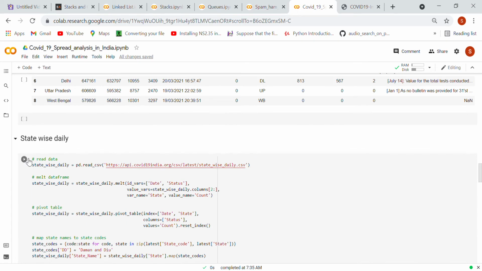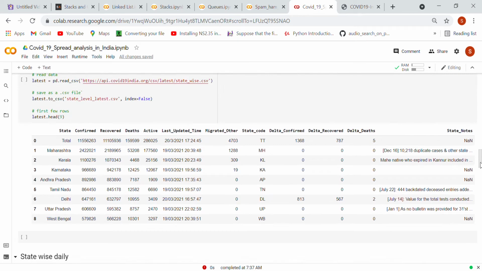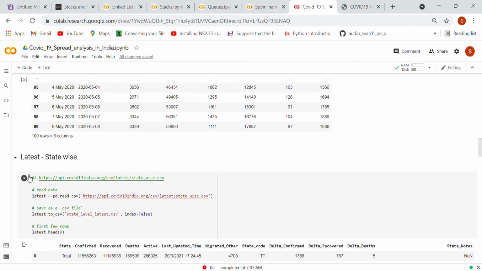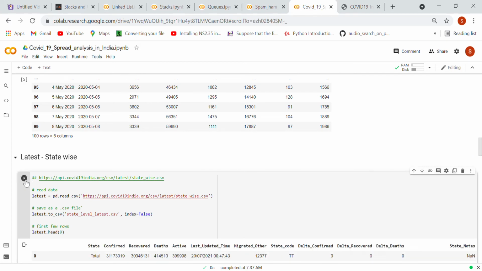As I already told you, this is how you can run the code and see the output. Okay, I got some output. Now, in the output, you can see when I run this, a red line is coming, right? This is showing because I have not run the previous cell. Let me run this one. So see, it is running successfully. Whenever you get a red line on your code, it means there is some error. You need to resolve that error. So how are you going to resolve that?